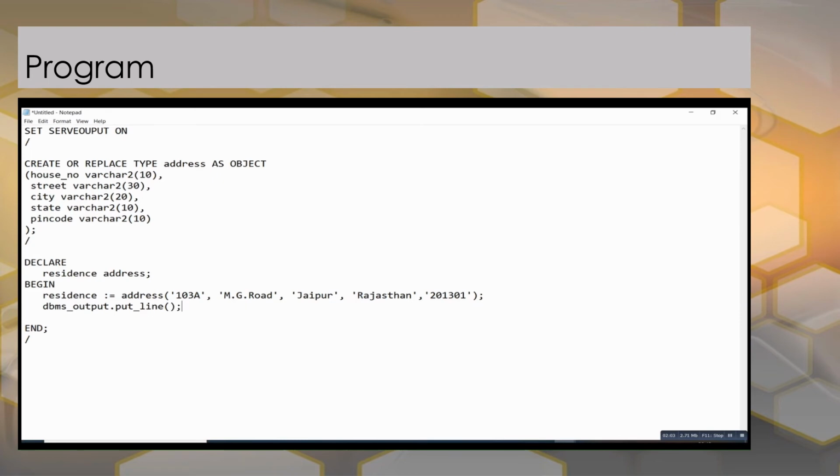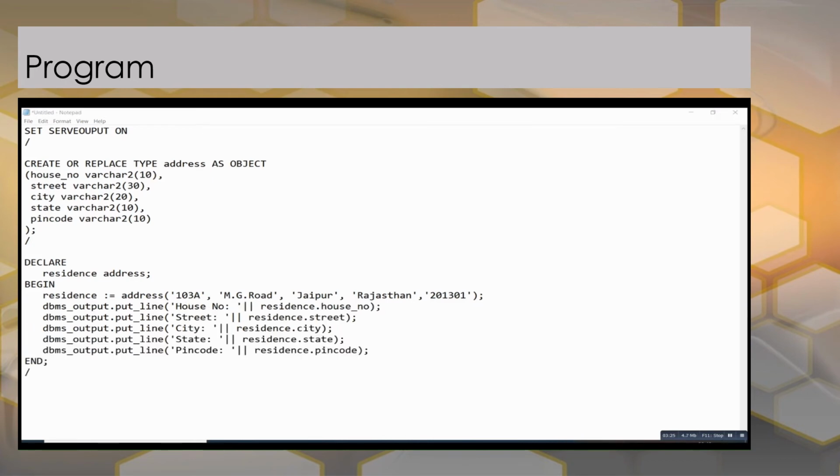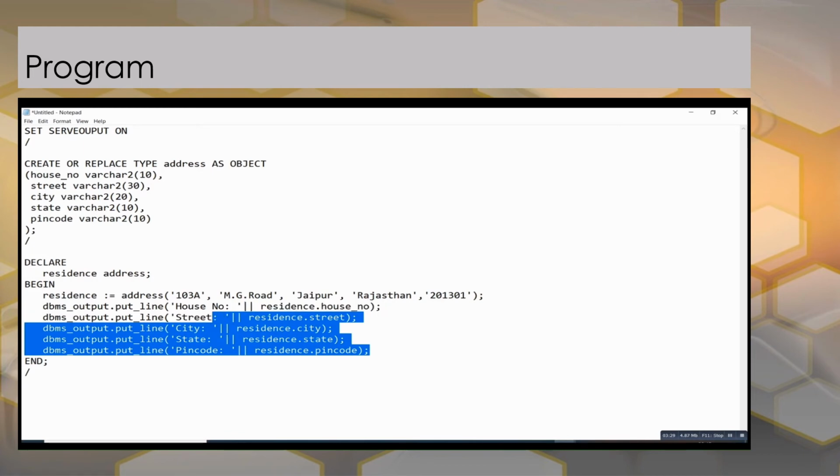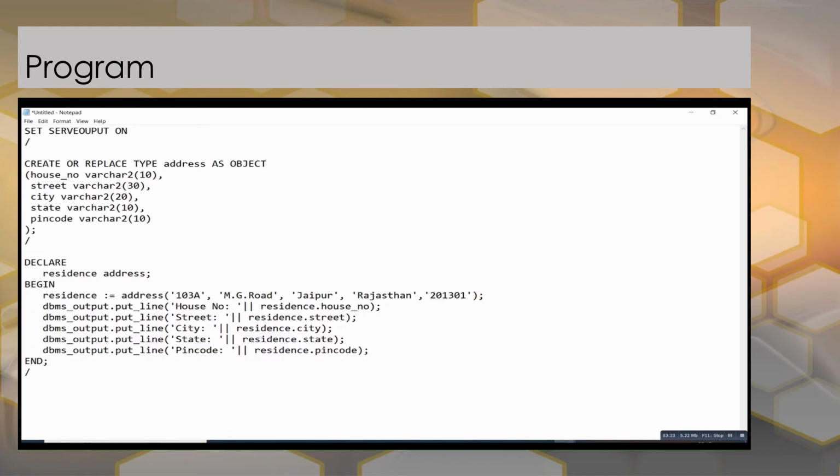Inside the begin we write the main code of the object type. Here we are trying to get the output using dbms_output.put_line, which is like print in C, where we print all these variables which we have given inside the residence object.